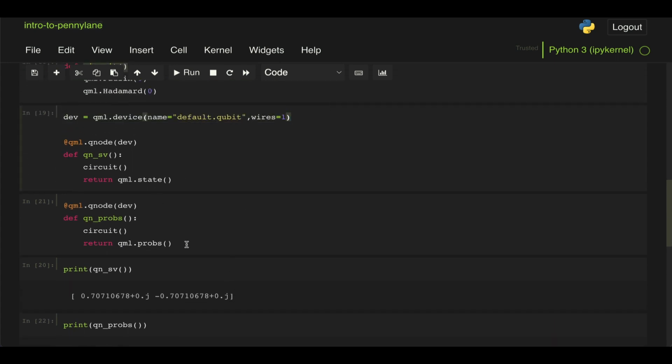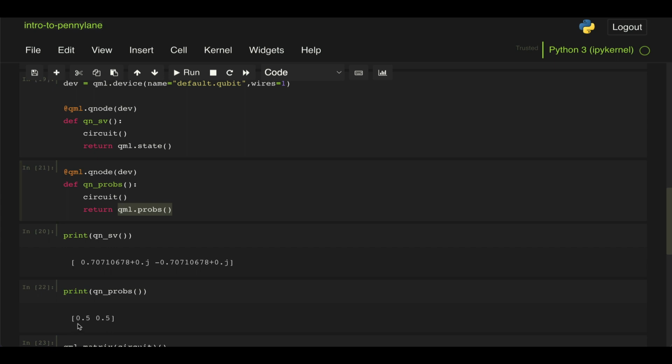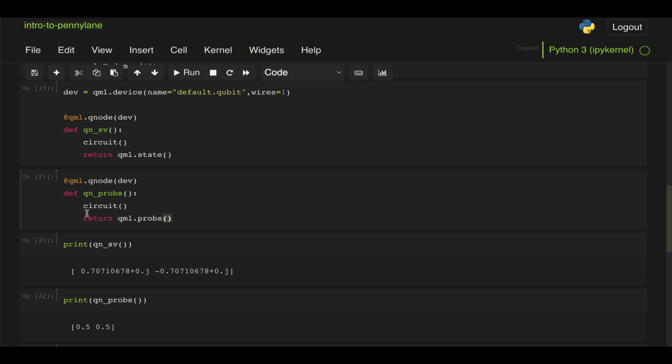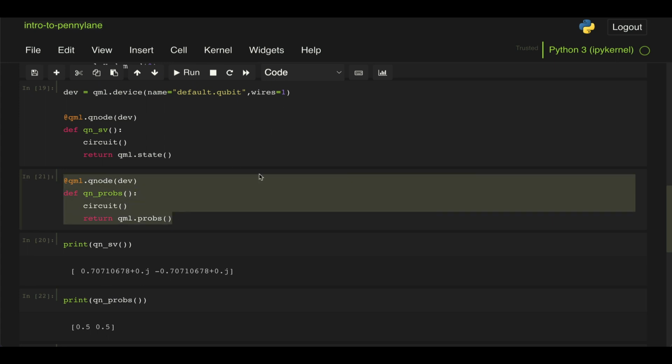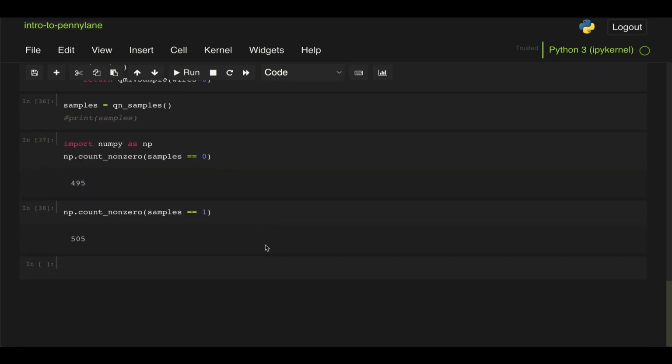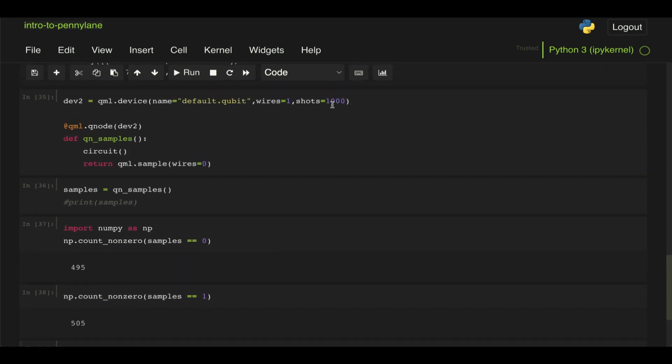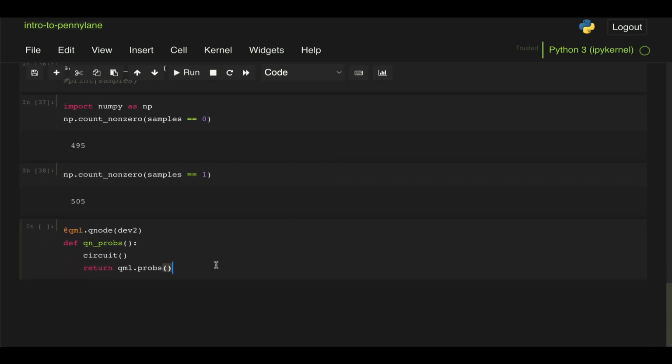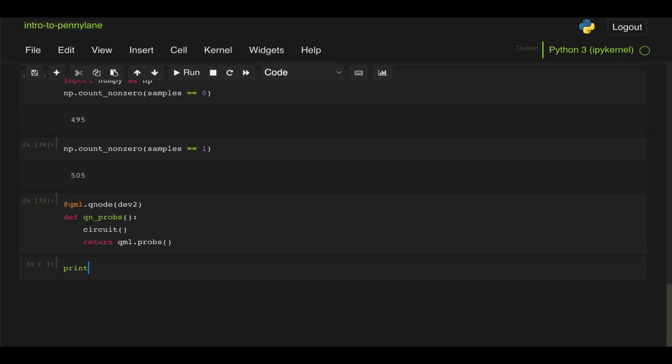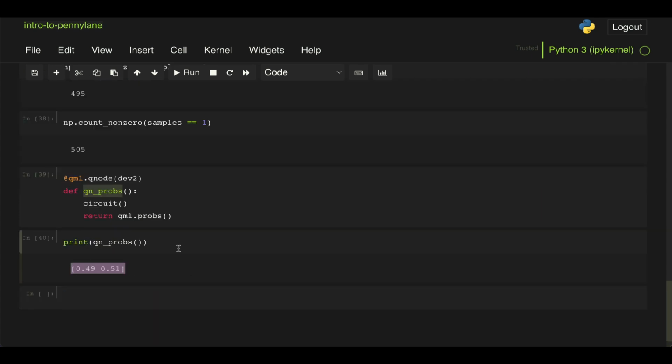And when we asked for our QNode to return the probabilities, it just gave us the exact probability of measuring 0 or 1. But what would happen if we execute the quantum node for probabilities with a certain number of shots? Well, if we go down here and define this again, but instead of using device def, we use def2, which is the one that has, in this case, 1,000 shots. When we call for the probabilities of this QNode, what we will get is actually the frequentist probability